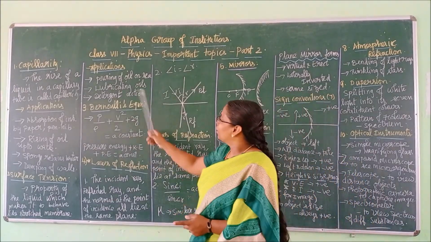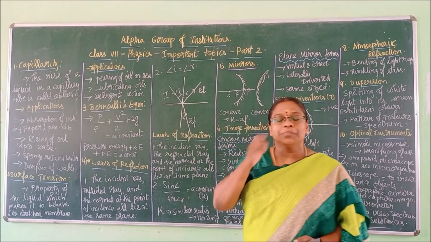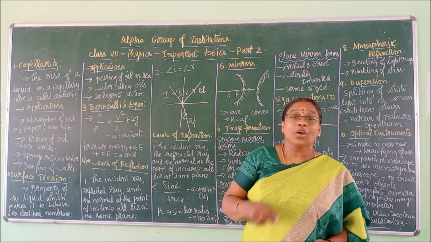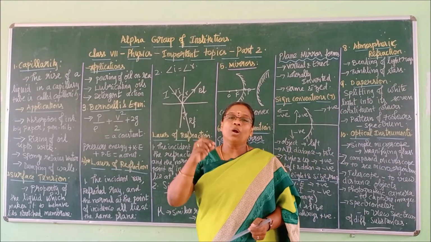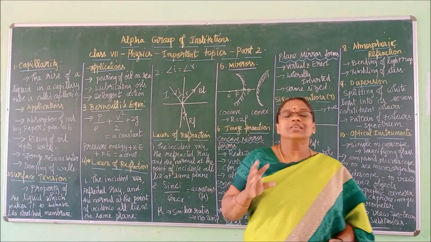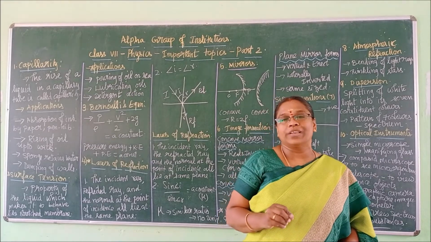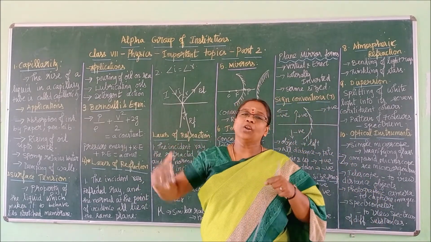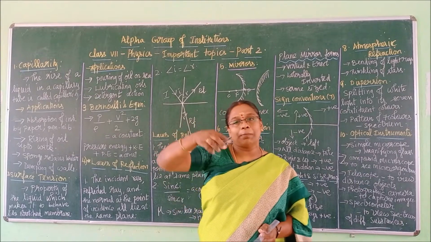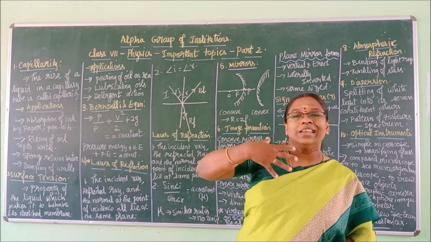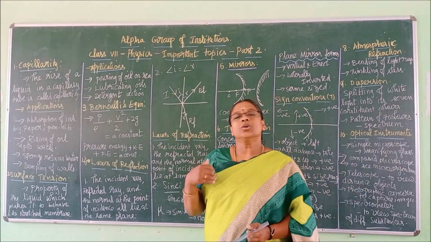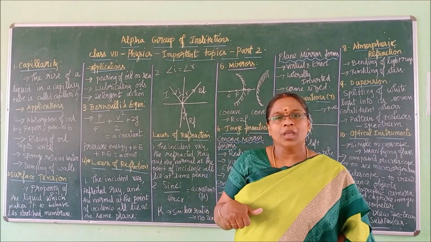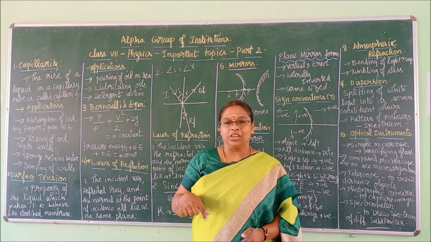Okay children? Next, lubricating oils. Lubricating oils, you know children, grease, and coconut oils also they use. They also have quite a low surface tension. So it cannot stay in one place, it will spread out in all the vehicle parts when we apply it. So it can easily spread out, and lubrication becomes easy. Why do we use lubrication, children? Only to avoid friction.